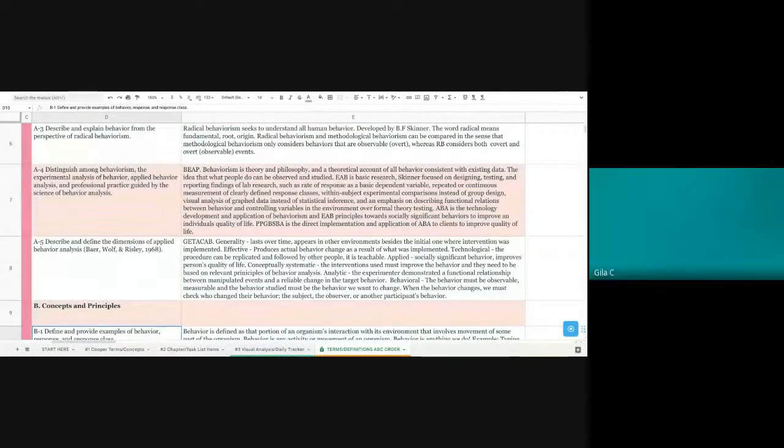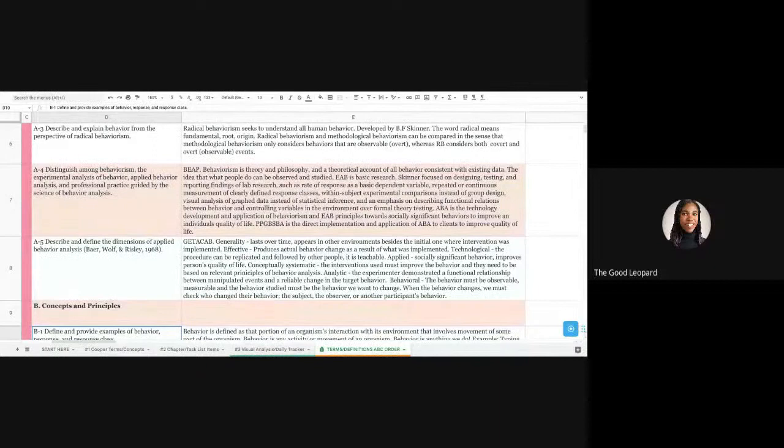Now, response class. You know what? I'm going to scroll up. Does someone know what a response class is before I talk about it? Wouldn't that be something similar in form? Like it has to be corresponding to something that's happening already or not? I always get that mixed up with topography. They serve the same function. Behaviors with the same function. Right. Does anyone else want to add anything?